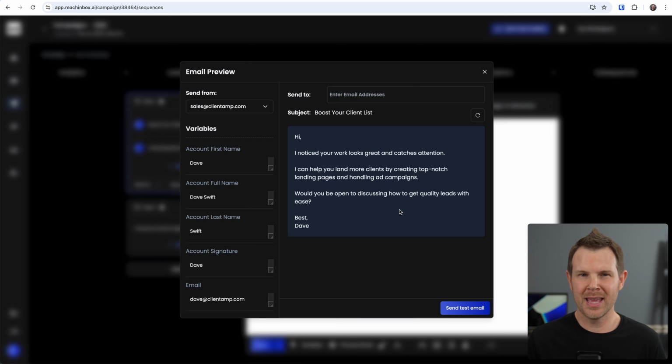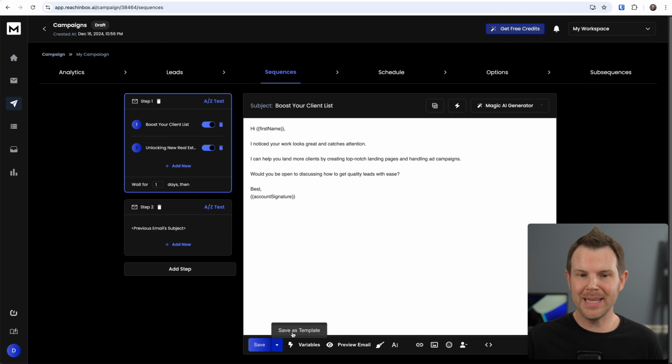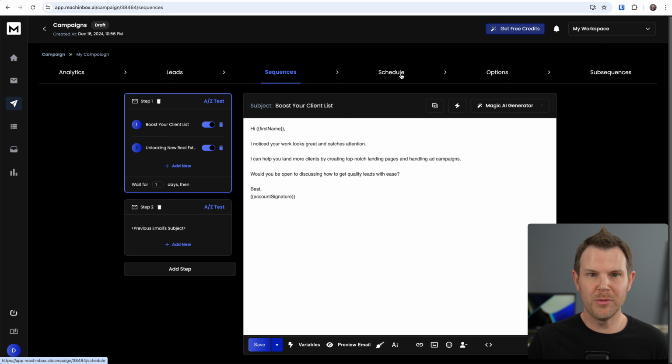Or you could use a service like Mail-Tester to go ahead and see what the deliverability is going to look like. You can save your sequences as templates as well. So if you want to reuse them across different accounts, it's really easy to do that. But for now, I'm done with this campaign. I'm just going to hit save and we can move on to the next step, which is to schedule our